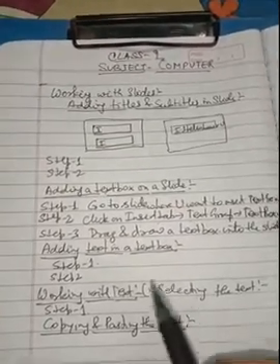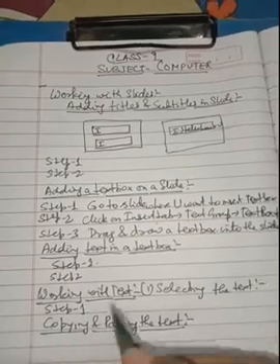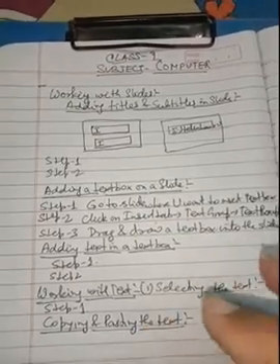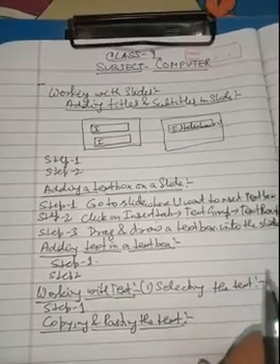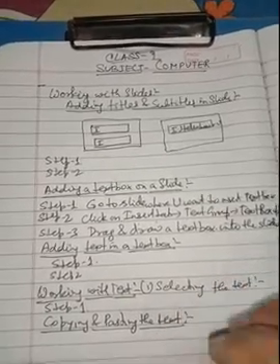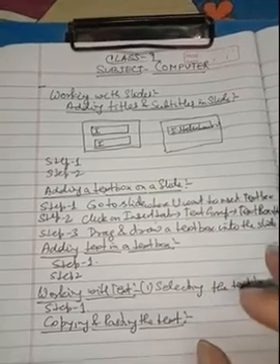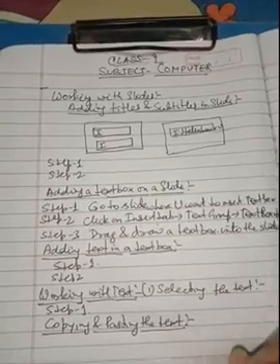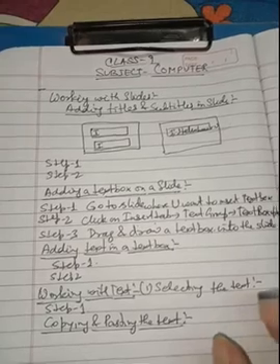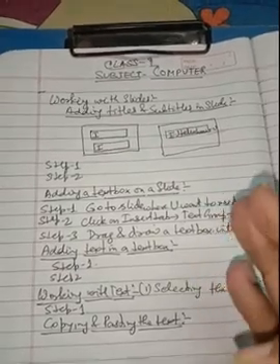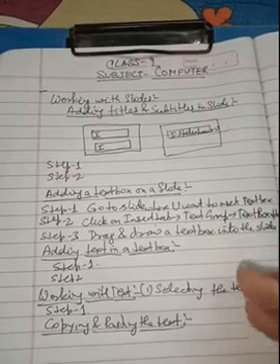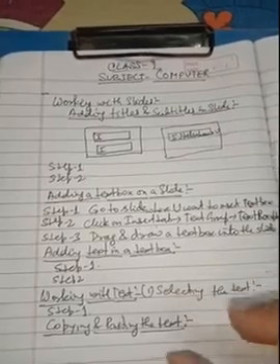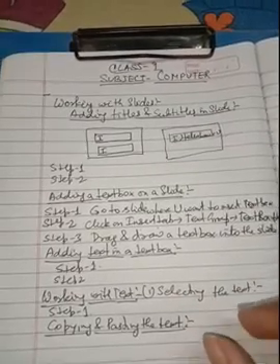So remember, whenever we cut or copy, the content moves to the clipboard, and the clipboard is a temporary memory which stores the data that you have cut or you have created a copy of. So it is a temporary memory. It holds the content in it for some time. After some time it will be erased or removed from the clipboard memory. So after cutting or copying the content, you have to paste the data.